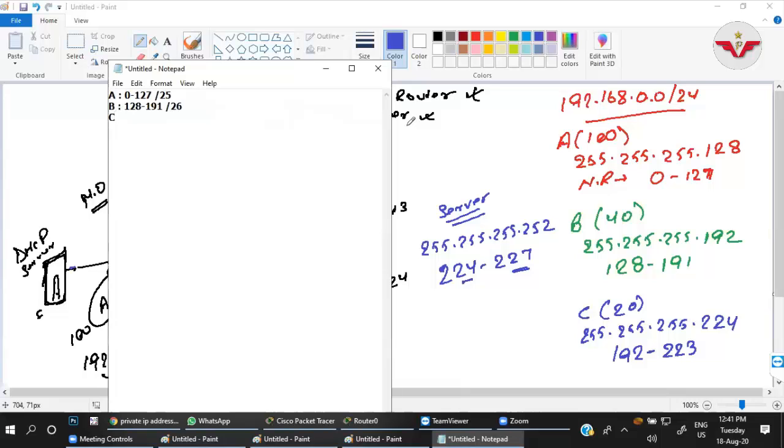For C, from 192 to 223, and the CIDR value would be 27. And for the server, I will use 224 to 227 with 30. Okay, fine.